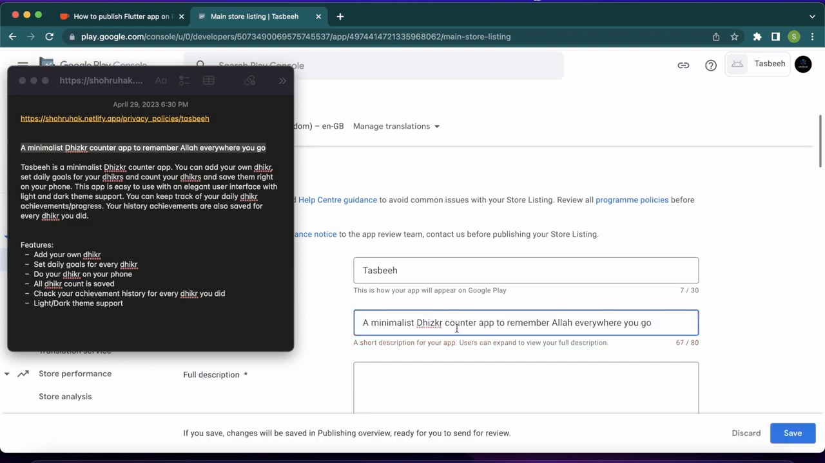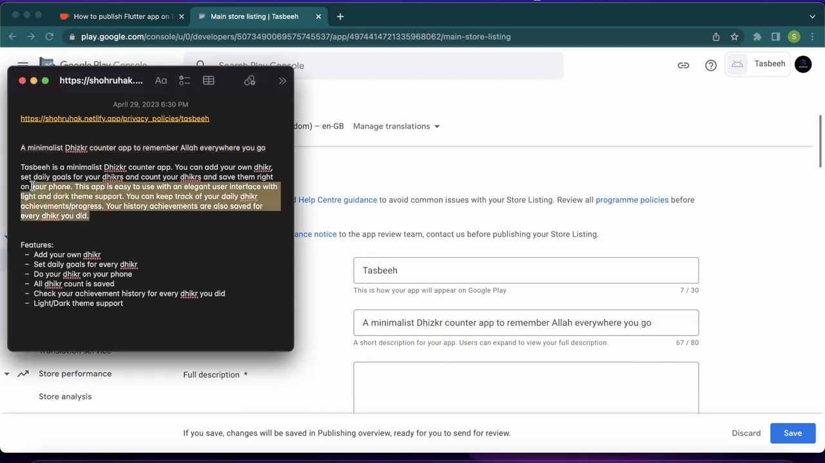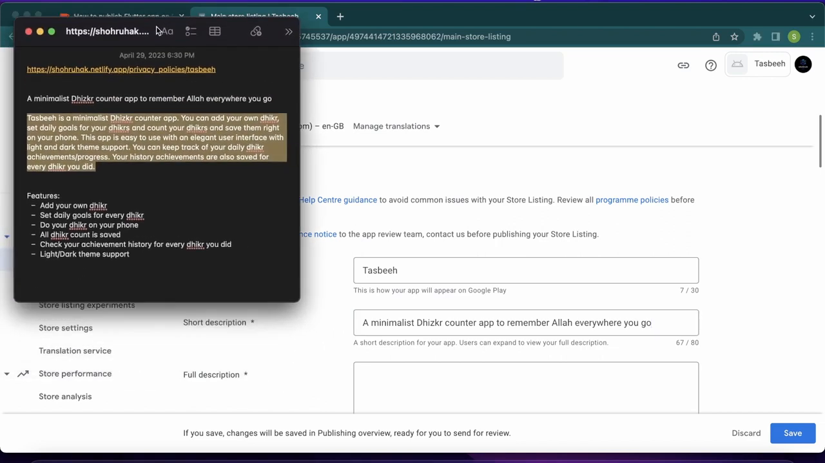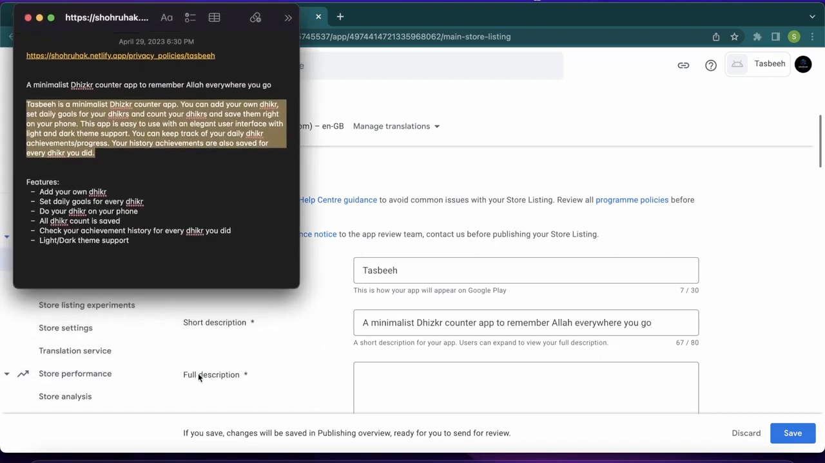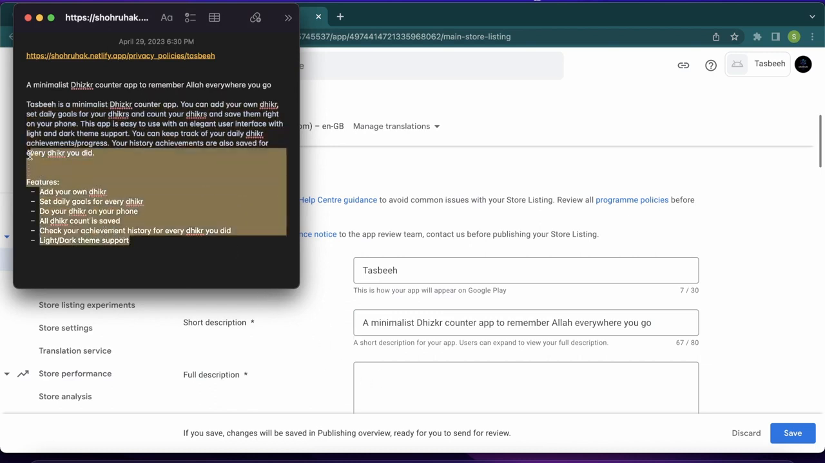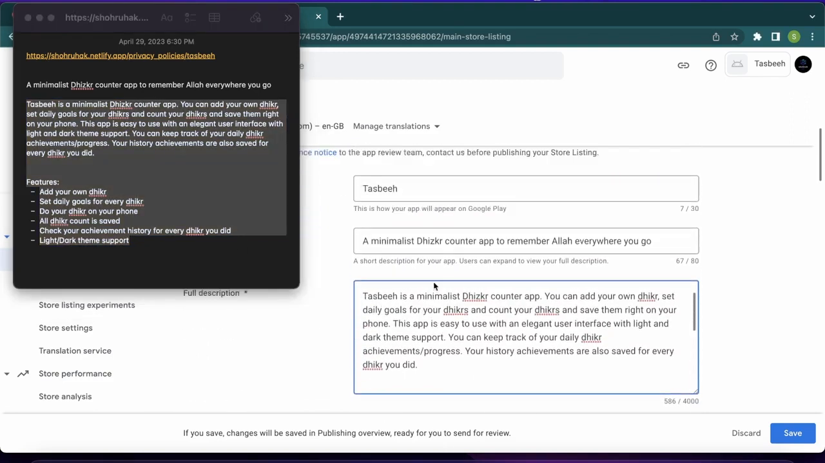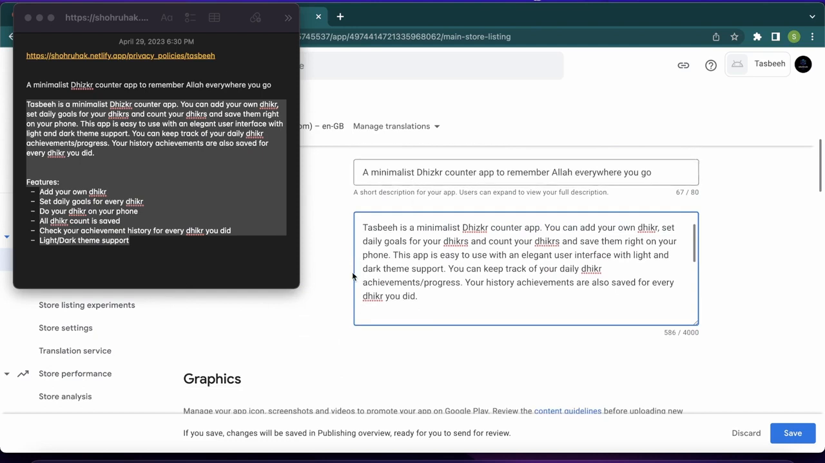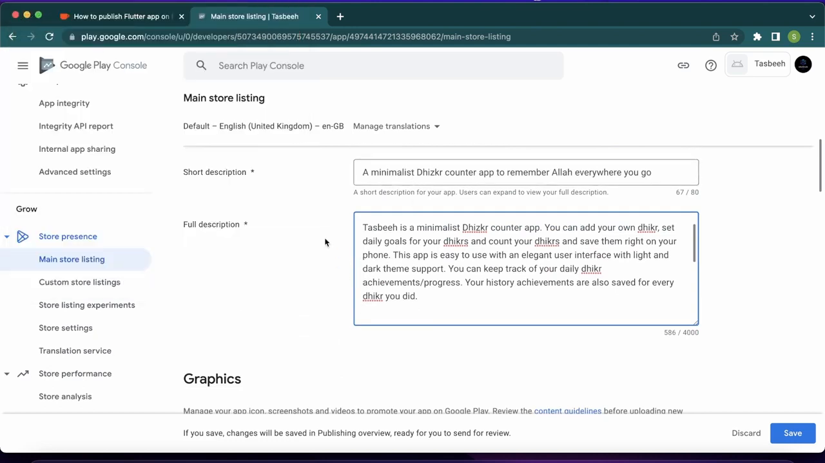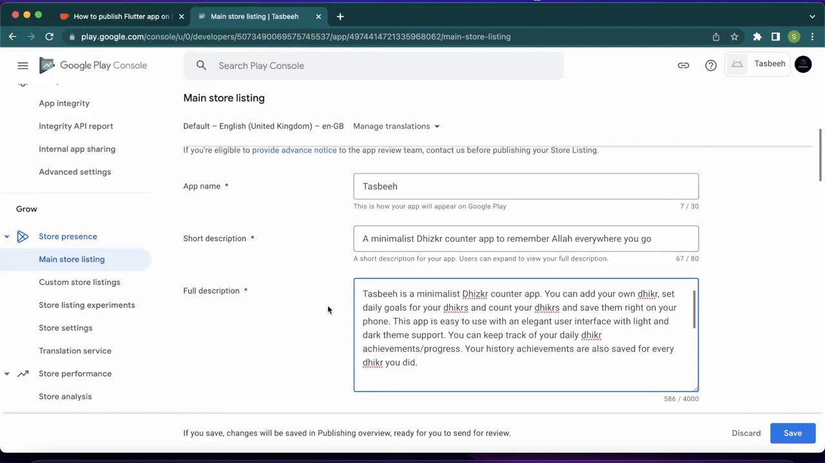A minimalist Dhikr counter app to remember Allah everywhere you go. That's just the short description, and this is the long description. As you can see here, it asks us for a full description. So I want to copy all of this, come down here and put it here. As you can see, I have the short description and the full description